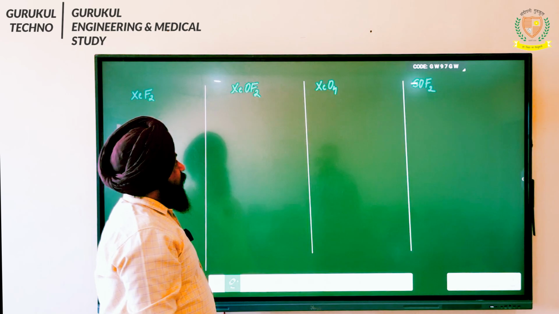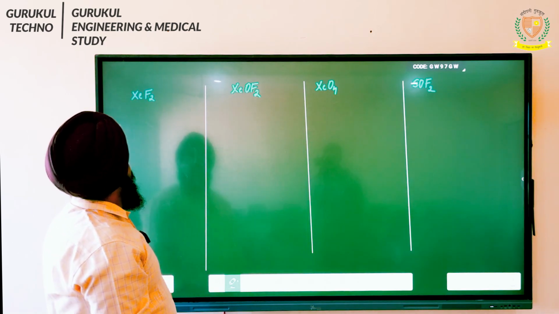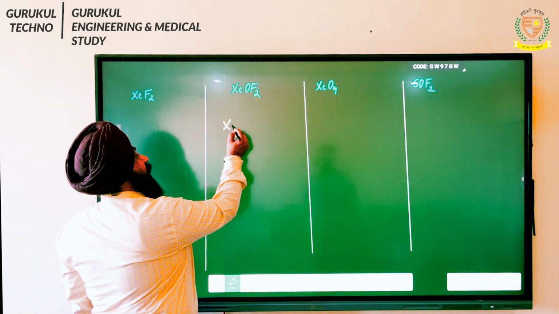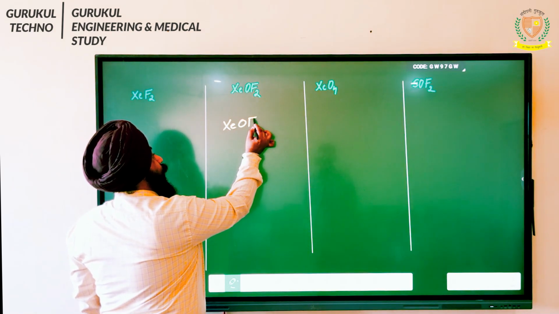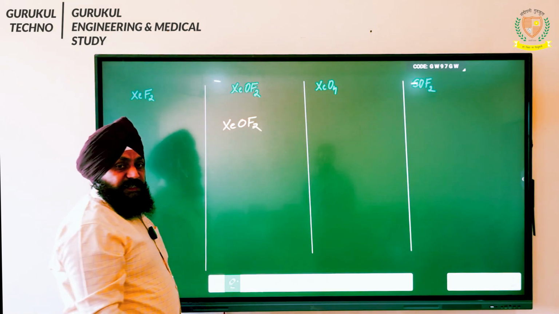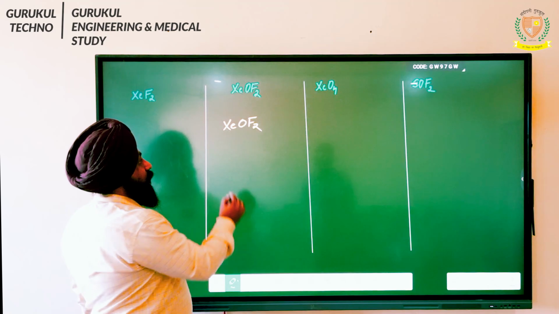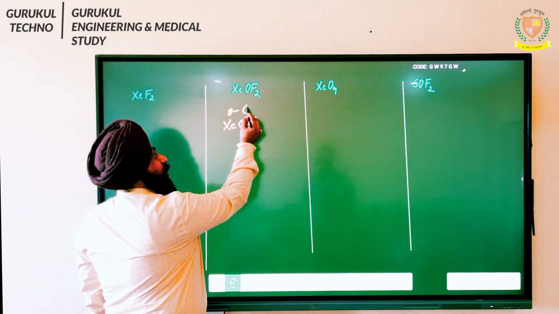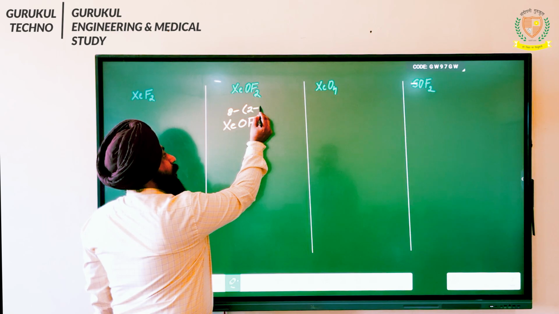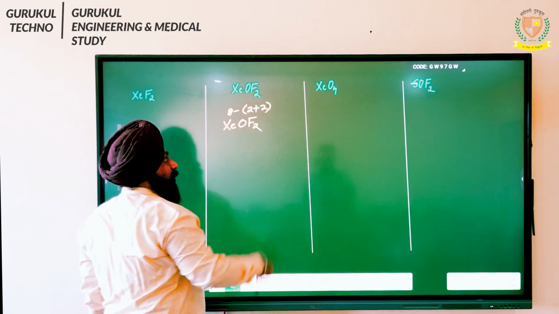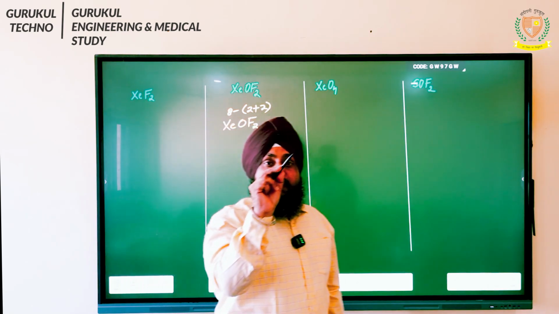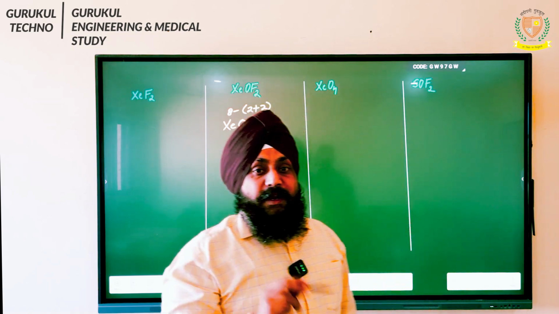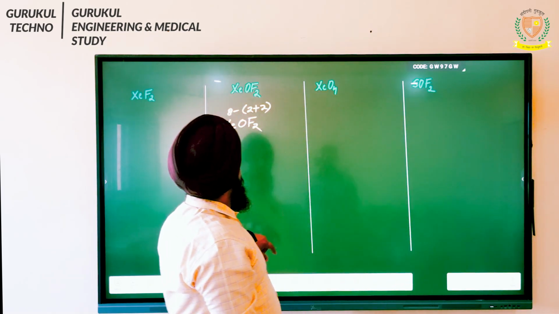See, students, some other examples which we will be considering. This we have already completed. So students, here we will say it is XeOF2. Yes, it is XeOF2. See, students, here we will say it has 8. Okay, this will be what? This will be 2 plus 2 over here. See, I have written 8 because there is xenon. Xenon belongs to noble gas. Okay, noble gas has 8 electrons in the valence shell.